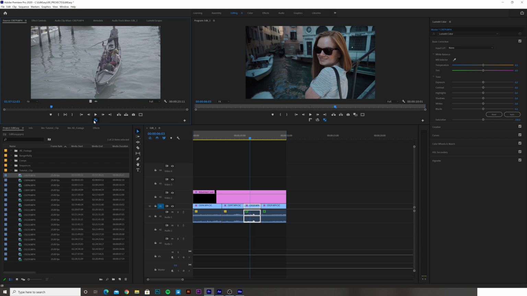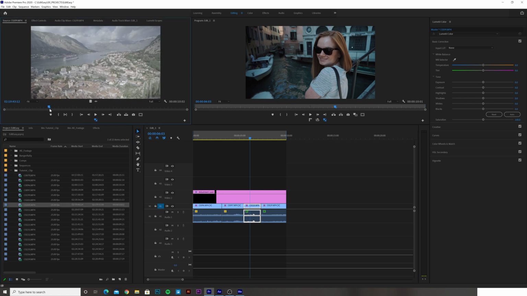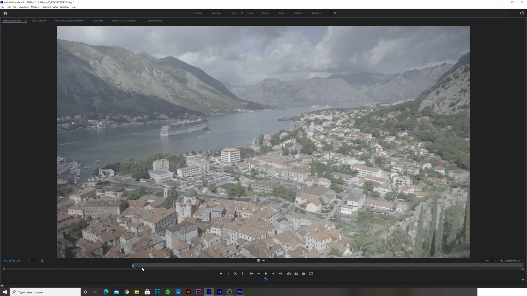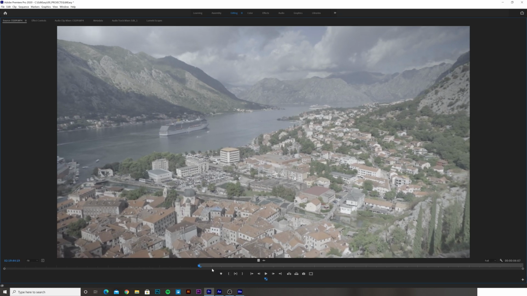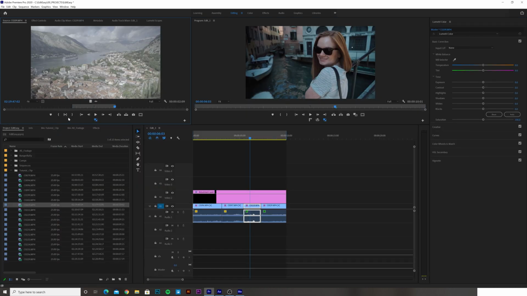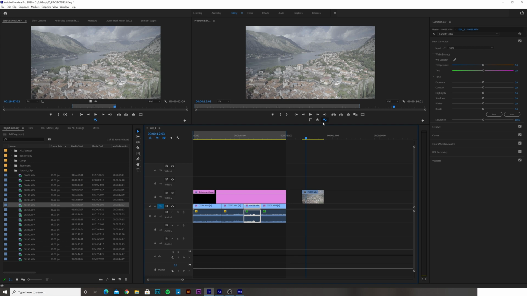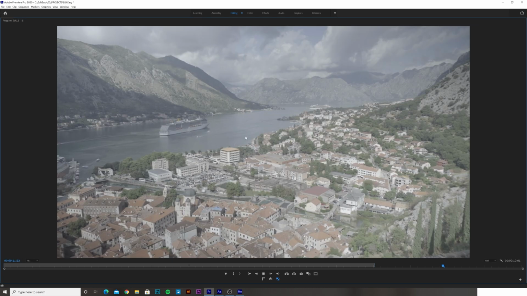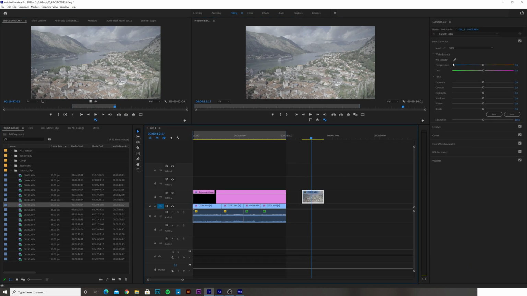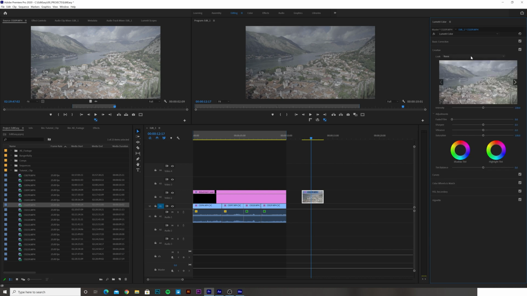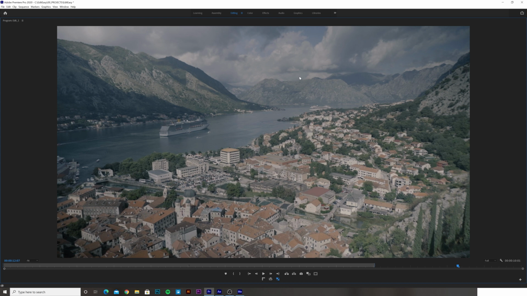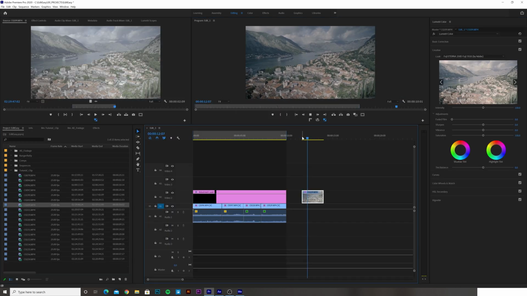So by enabling a proxy workflow, it means I can quickly skim through all of my clips in a low res format, get the shot I want super fast, bring it onto the timeline. But more importantly, on the timeline, because this is toggled blue, I'm also looking at that footage in the proxy format. So I can do my editing, I'll just do something really quick just to show you. I can tweak things super quick, add effects really quickly, and I'm not taxing the system